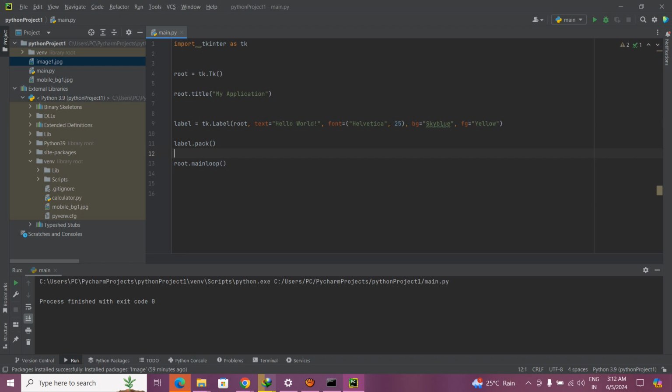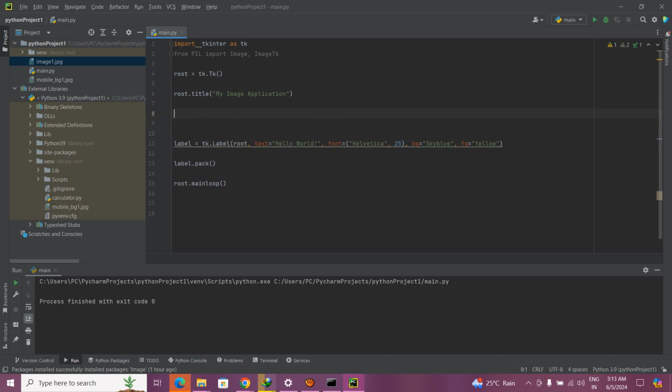Now we are going to look at how to work with images as a label. Alright, so first of all, we are going to import Tkinter. Then we are also going to use the PIL module, TK, and the main window is already created, and also I can change the title, my image application. Then I'm going to create image